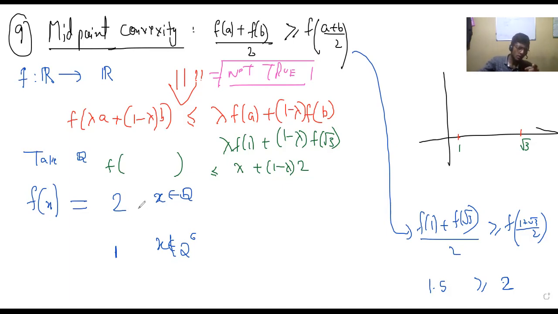Let's see if I take this. But then irrationals, the value is one. Irrational, the value is